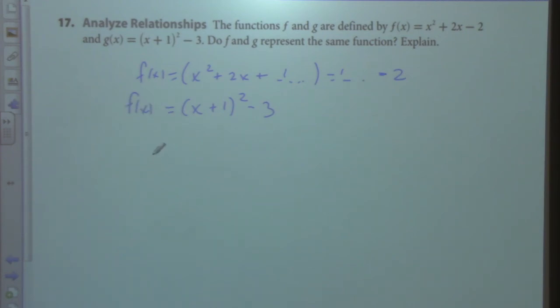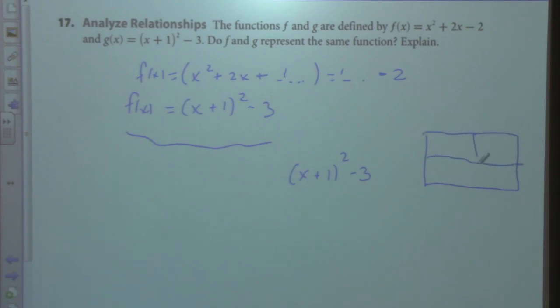So what Steve-O did is he took that first one and completed the square on that and got this. Now, the way I did it was the opposite way. I took this one first, and if you take this x plus 1 squared and subtract 3, if you square this out,